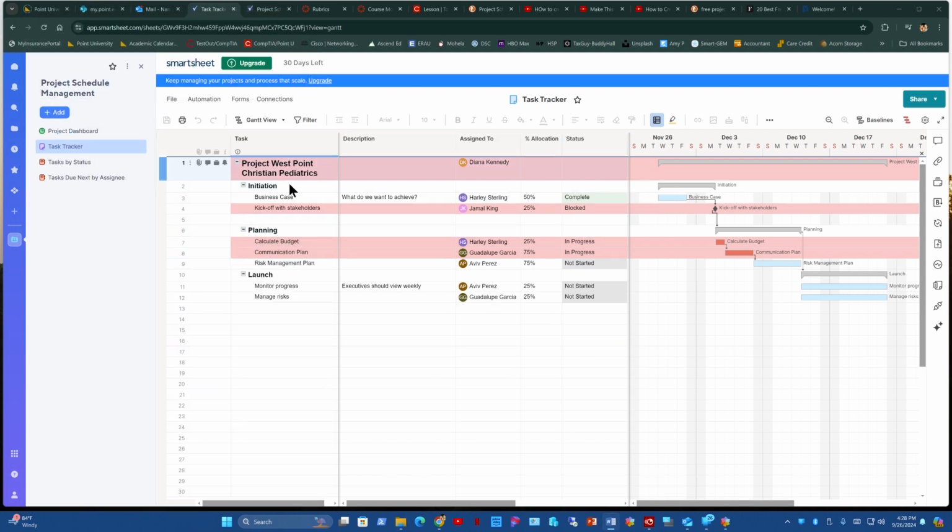Now yours won't look like this because I've been modifying it. I have clicked in this cell and changed what was here and put Project West Point Christian Pediatrics. You can do that too. This is the name of the project. And then they have the different phases, and you can change each one of these items to match your project, okay, and what you've created for your